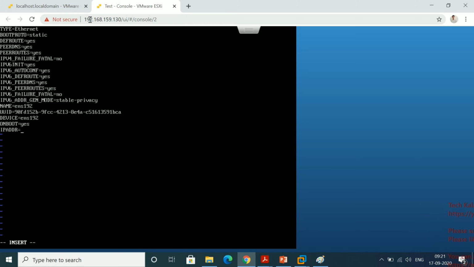So my network provider gives some IP, and the ESXi host was taking that IP from my router. I can say it was acting as a DHCP server, taking the IP from my internet provider. So they give some IP range, right? So here you can see it's 192.168.159.130.